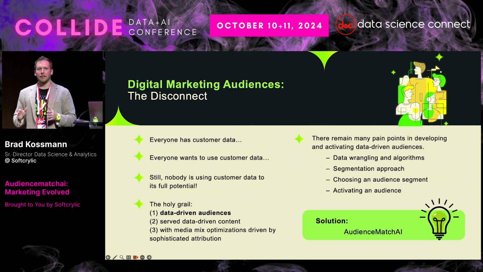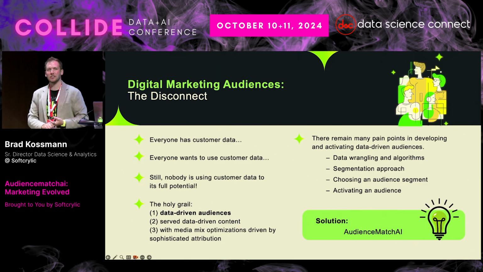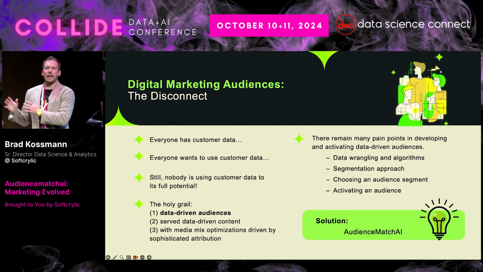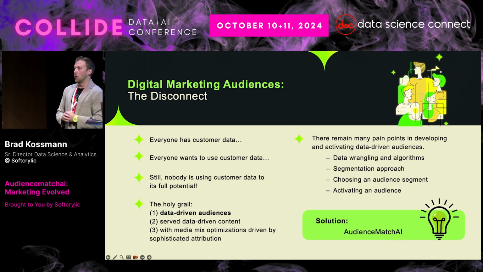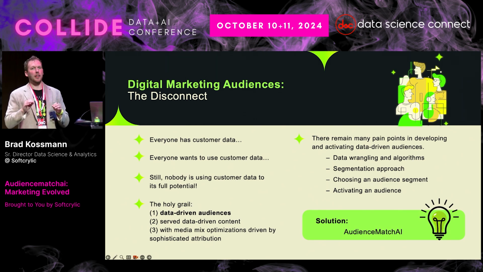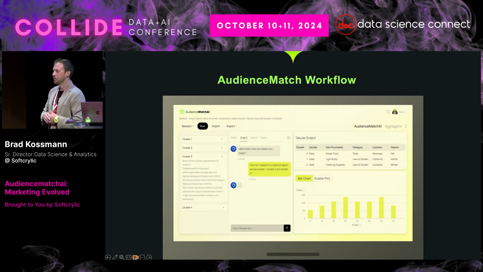That's more complicated than it might sound, though, because these are huge data sets. They're not super clean. Everybody knows that data is never perfectly clean. And then the connections into the activation channels where you can actually target customers are all very complicated as well. So there's a disconnect between knowing that we have all this super powerful, super valuable data, and actually being able to execute on that. So that's what we want to walk through today: a Gen AI powered solution that helps bridge that gap and accelerate time to market for marketing campaigns.